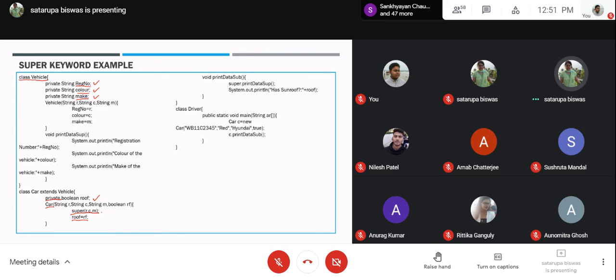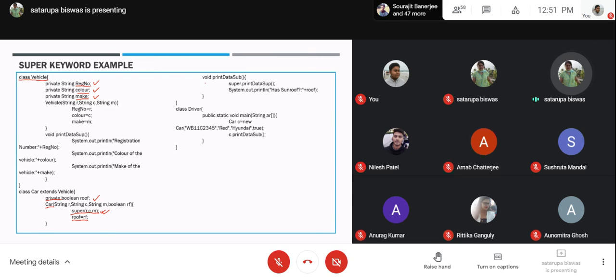Now remember one thing: the superclass constructor invocation using the super keyword should be the first line of the constructor, if it is present there. If you are not using the superclass's constructor, it's okay. But if you are invoking the constructor of the superclass using the super keyword, in that case, that will be the first line. You cannot change the order. You cannot put it in some different position.